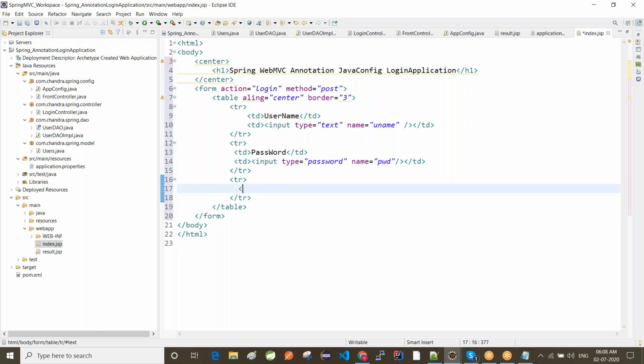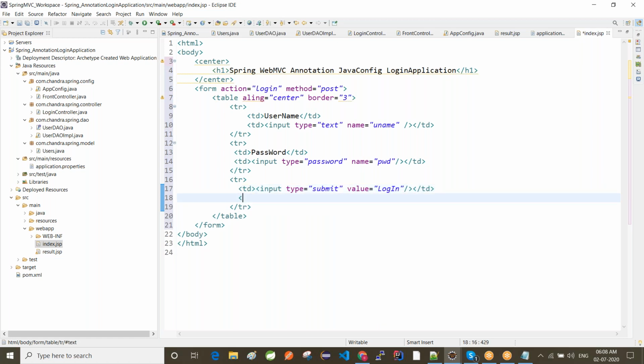Within the tr level td I am going to use input type equal to submit, type equal to submit and value equal to login. Close this input tag and close the td tag. Here we are going to write